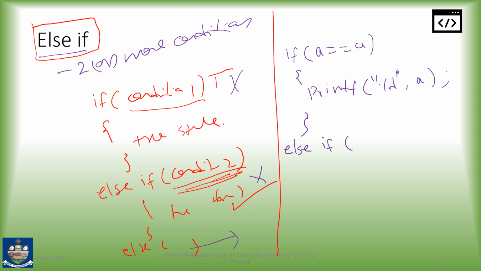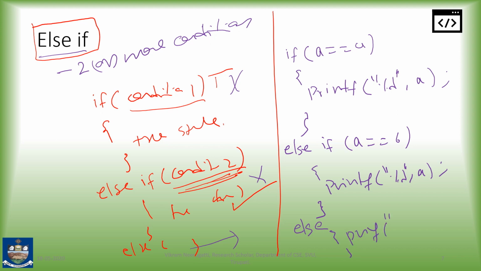Again we will check else if a equal to 6, printf %d. Here I am interested only in a equal to 4 and a equal to 6. If it is other than these, then automatically it will go to the else part. Printf not required value.